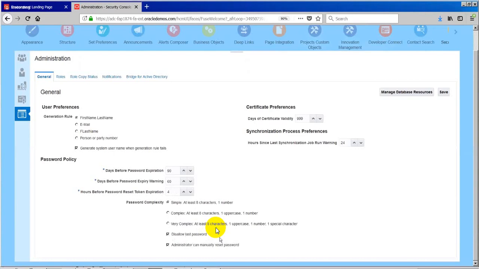Don't allow lost password, administrator can manually reset the password. So these are a list of administration activities we can set at security console administration level.